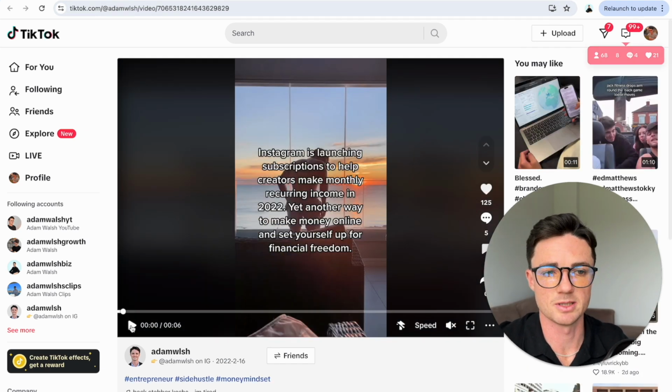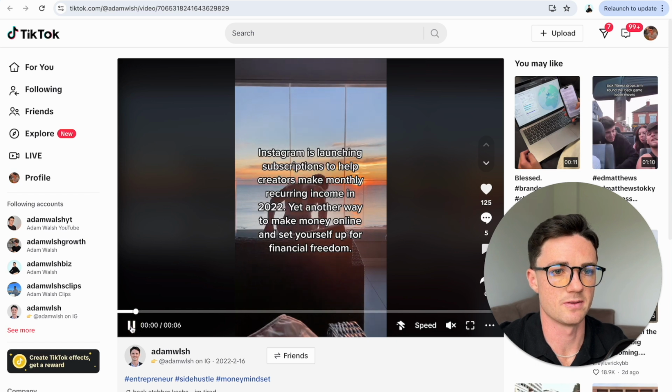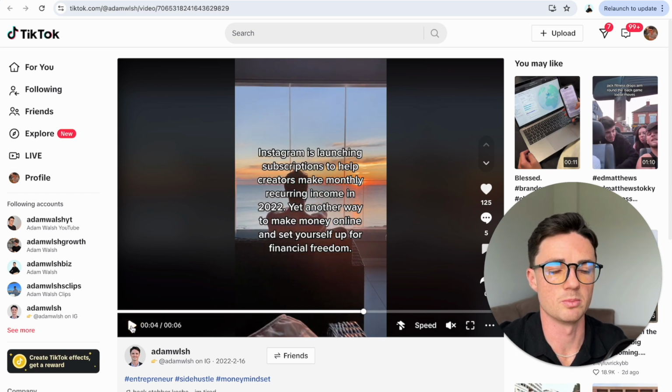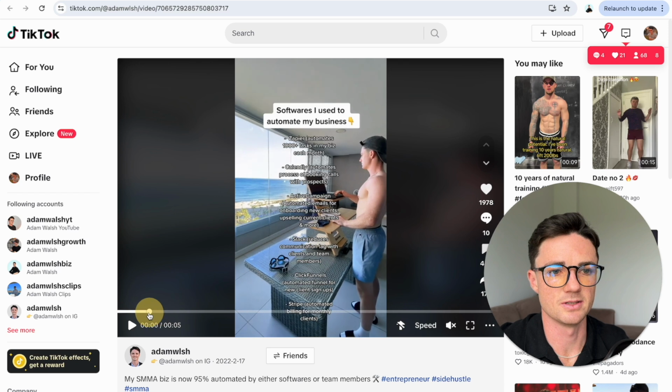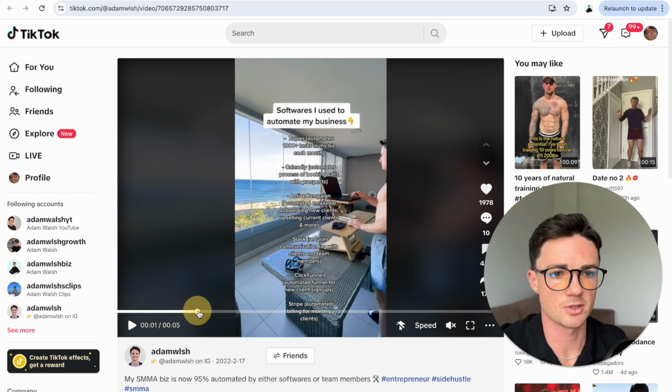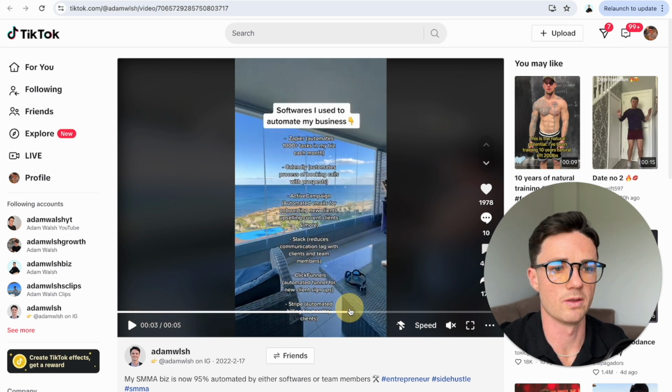Another example here, similar setup, text on screen, but watch, I sit down. Super simple, but that will change how people see it. If it was just this, people may not watch the video as long. This is an example of the video panning side to side. So it shows me, it shows the laptop, and it shows the sea view. All there strategically to get people to continue to be hooked in.